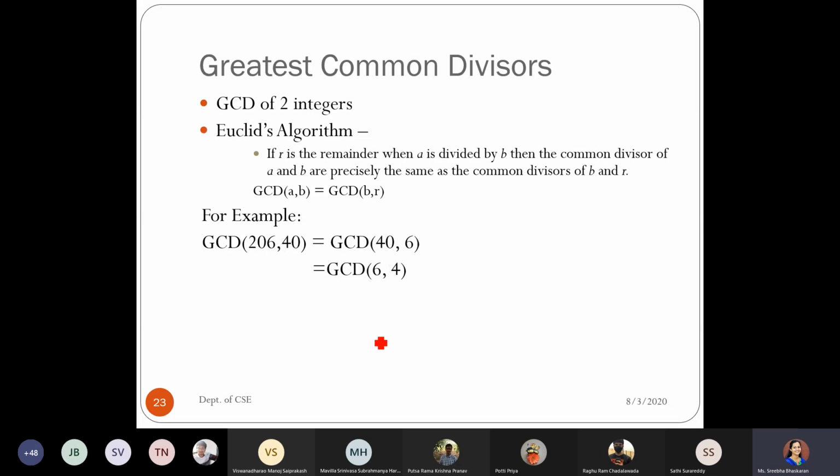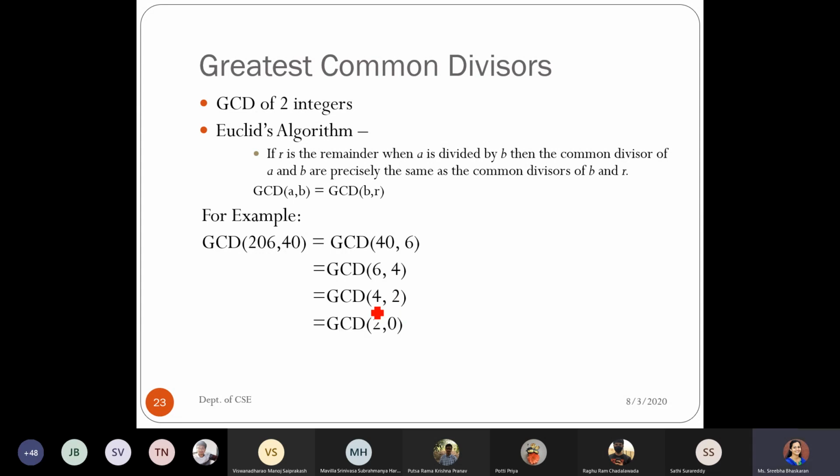In the next step, it is still not 0, so we keep iterating. A becomes 4, and B will be the remainder of 6 with 4. So 6 divided by 4, the remainder value is 2.